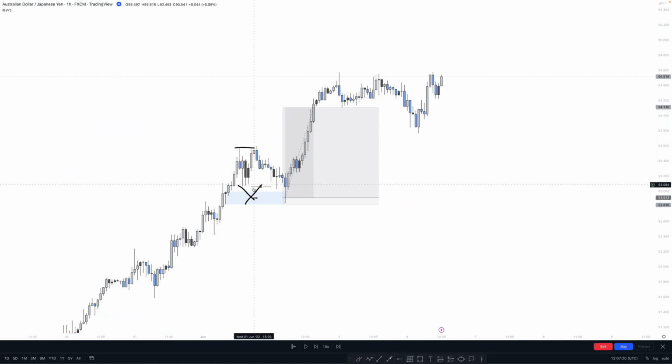You're going to see that here we didn't have an impulsive breakout structure. So it would be better to see that price action broke this, and then we can execute a double confirmation entry. No retraces here, we didn't break the high. No retraces here, we didn't break the high. So it is a valid double confirmation entry, and it would be better.